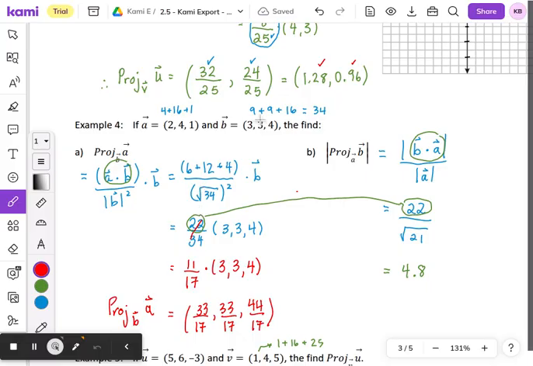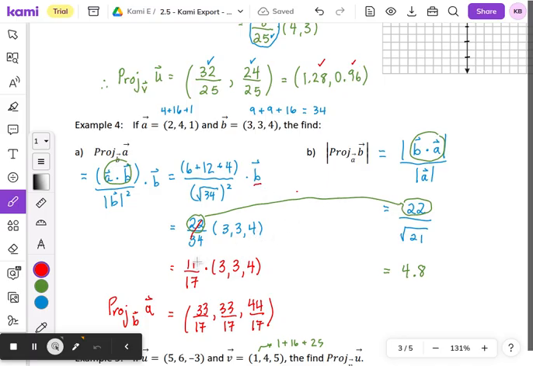The magnitude of b was the square root of 34, so I square that. I get as my scalar multiple here 22 over 34, which I can reduce. I divide both the top and the bottom by 2, okay? I get the reduced fraction of 11 over 17, and then I am multiplying that by vector b, which is